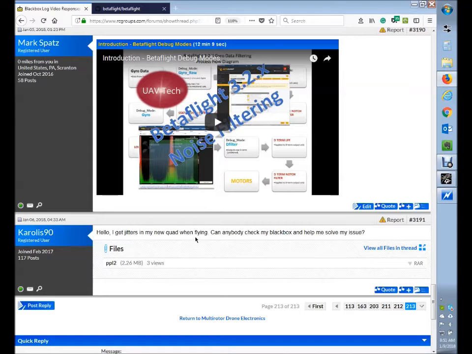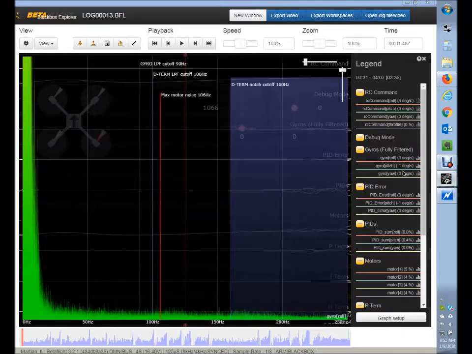So, taking a look at your log, I guess your issue is that you're getting jitters on your new quad. Can anybody check it and see what they think? Looking at your log, which is this one,